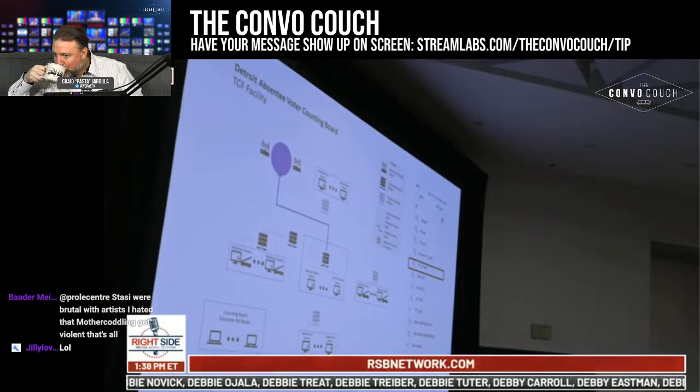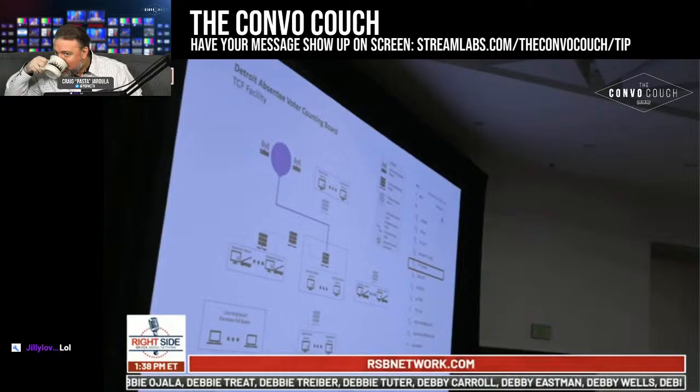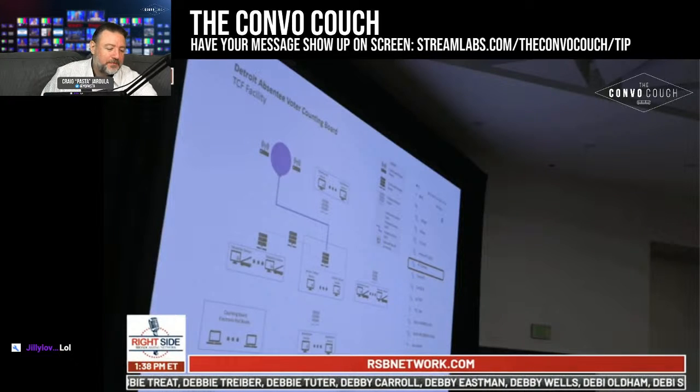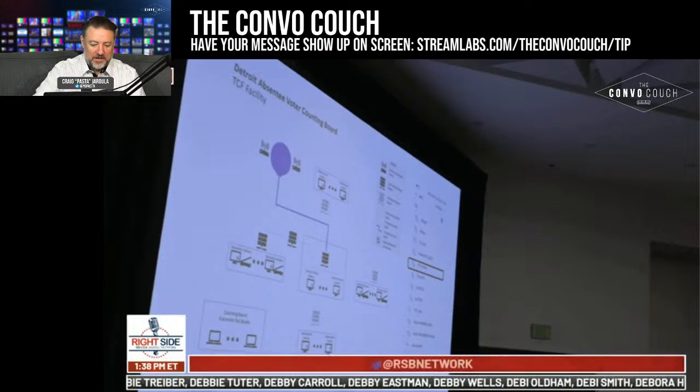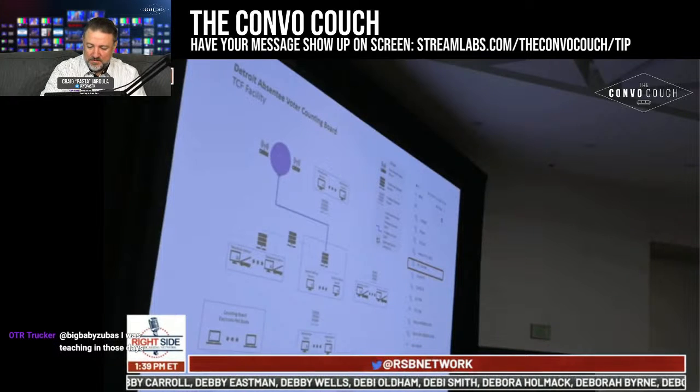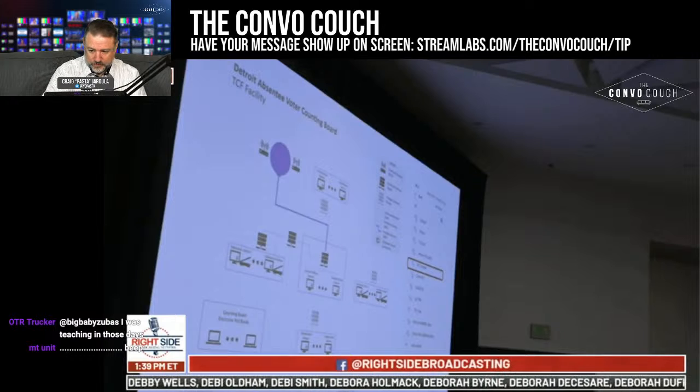And so all these tabulators were connected to one another, all the adjudicators were connected to one another, and the local data center that they acknowledged was connected to the internet was connected to these tabulators and adjudicators. And if that wasn't enough, we went around to all the different computers and observed